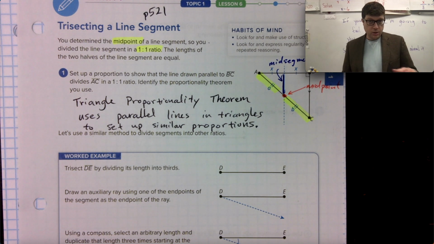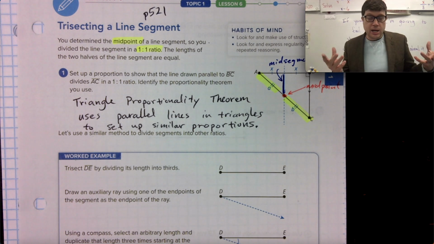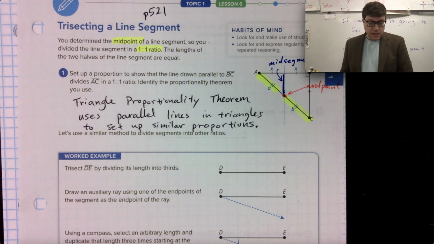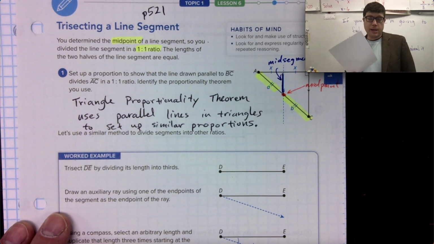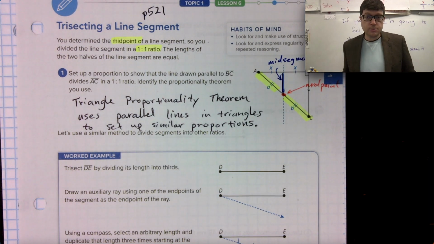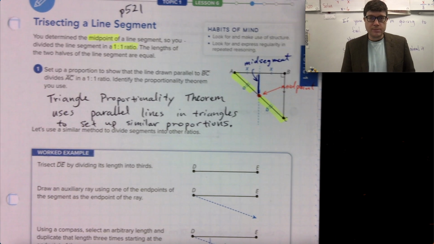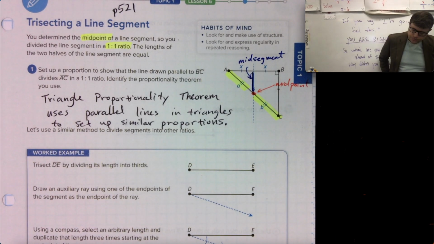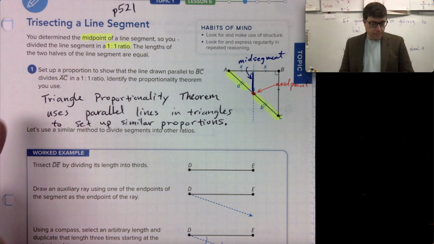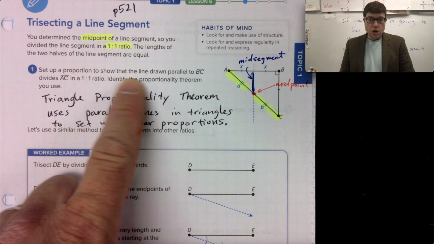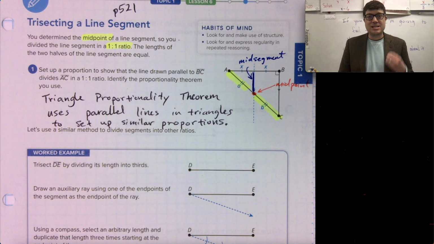So pause the video, write down the sentence, but then come back and listen to or think about why it is as you're writing it down. Don't end the video, because the worked example we're going to actually do on this extra paper, okay? So pause, write, and then I'll keep talking about it. Go. I'm assuming you paused it. So let's go. Setting up a proportion to show the line drawn parallel to BC divides AC into a 1-to-1